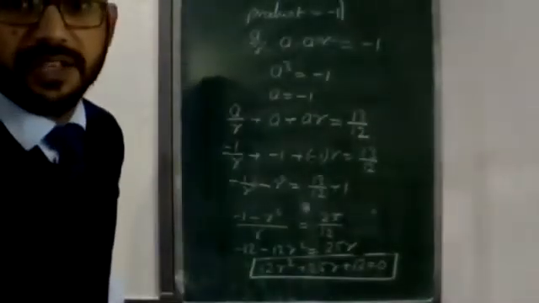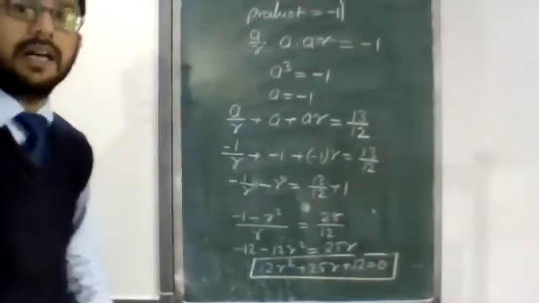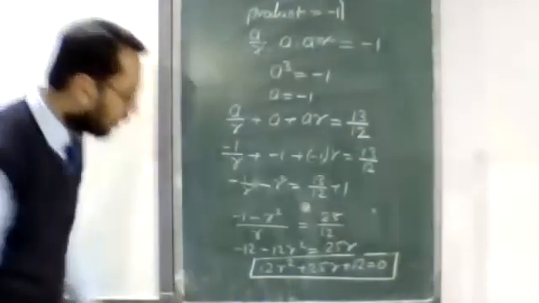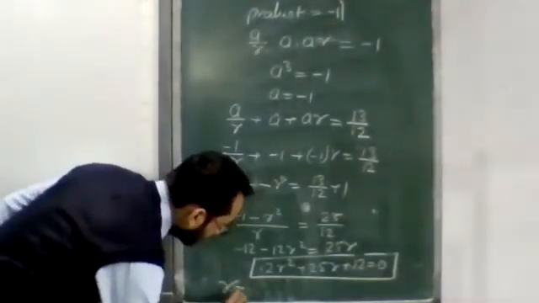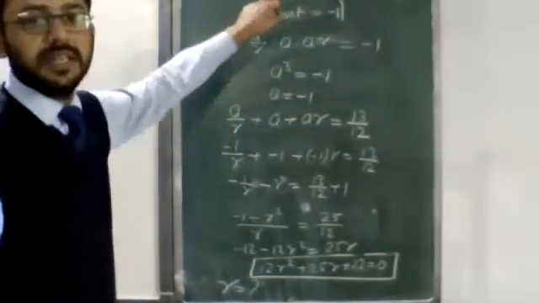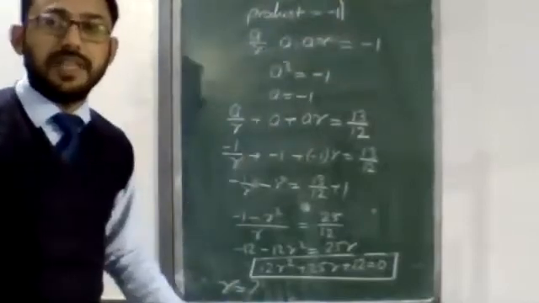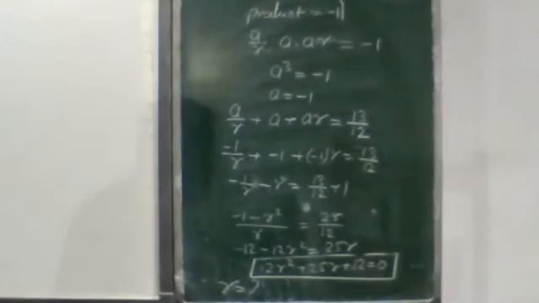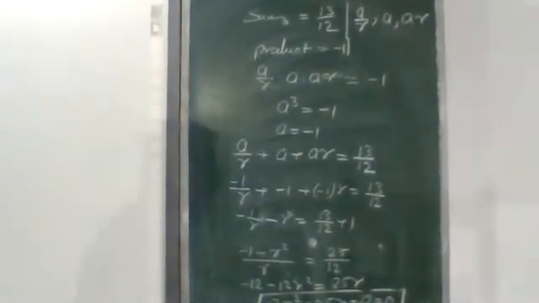With factorization, we will be able to get the value of r. After calculating the value of r, we can calculate the three terms, because a is with us and r we can put in, and we will be getting the three terms of the GP. So it's again a good question. So you can simplify this also.